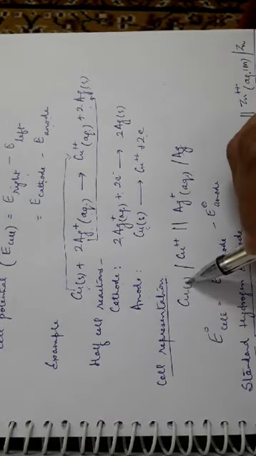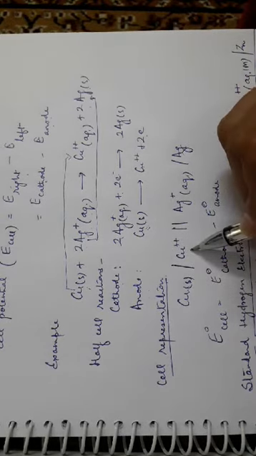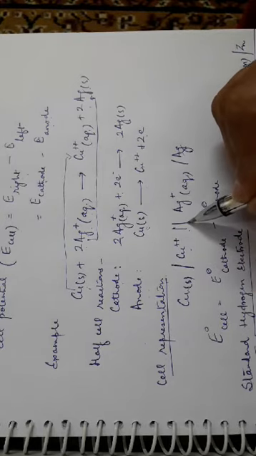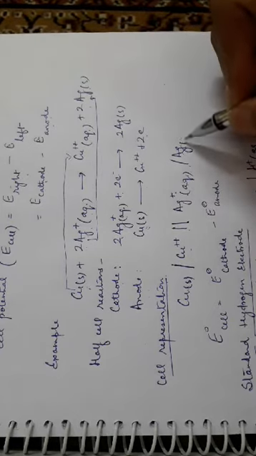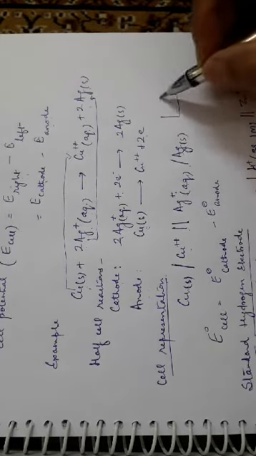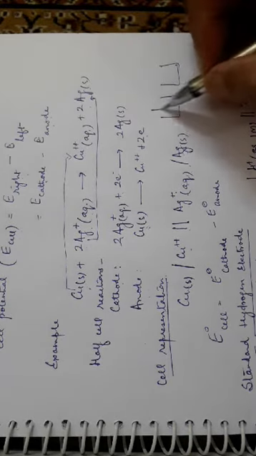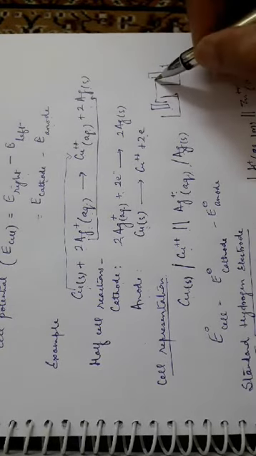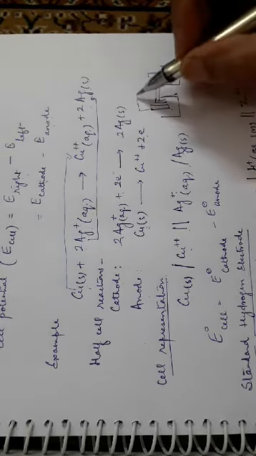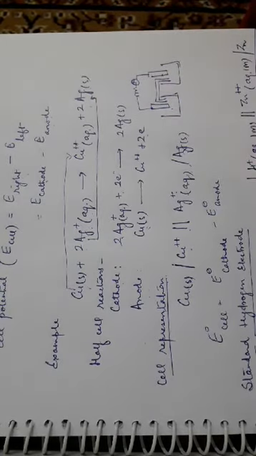As we know, solid copper would be in contact with the copper ions, and these copper ions, through the salt bridge, are in contact with the silver ions, which are further in contact with the solid silver. Or you can understand it like this: these are the two half cells, with the anode taken on the left hand side, in which you would have taken the copper rod, and here you would have taken the silver rod. These would be connected by the salt bridge, and externally connected through the wire, and a voltmeter or ammeter is also put in to check the flow of the electric current.